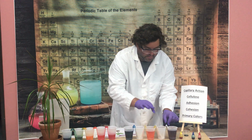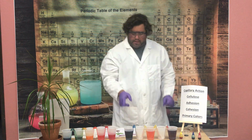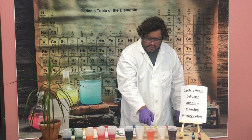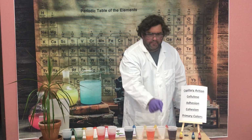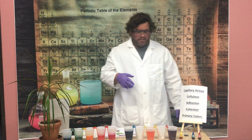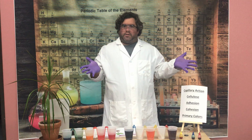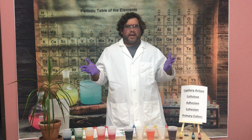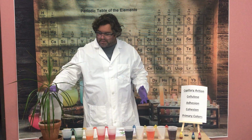So as you can see, the water in the colored cups is starting to creep up the paper towel, and it's going to eventually travel back down into the empty cups. So this is called capillary action. So capillary action is just like how plants feed themselves. When you water a plant,